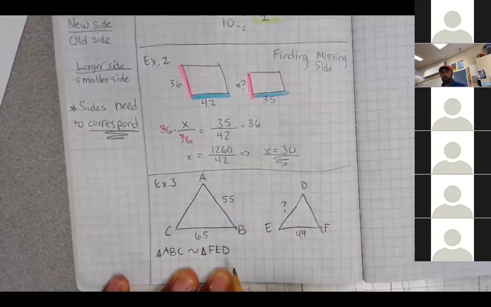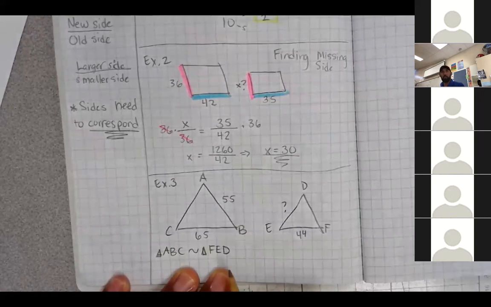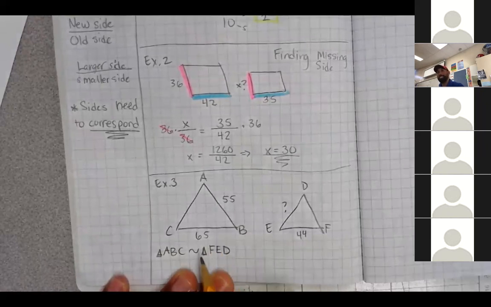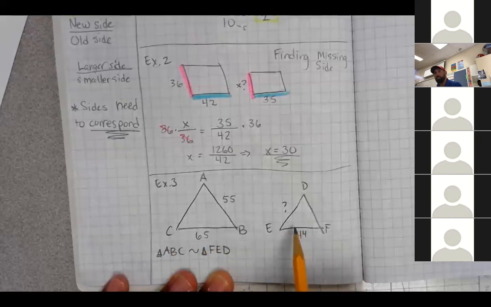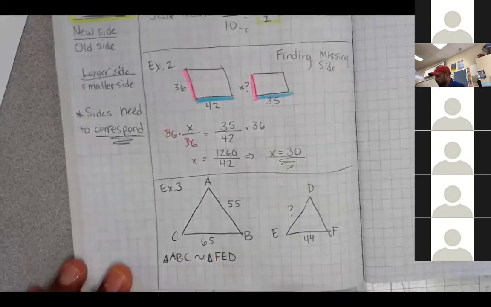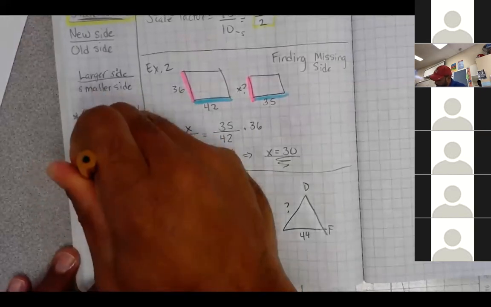And some might be wondering, well, why didn't you put it in alphabetical order, DEF? Because you put it in the order that each side corresponds to. Okay, so A corresponds to F, B to E, C to D, and not necessarily A to D and so forth. All right, so the first thing is